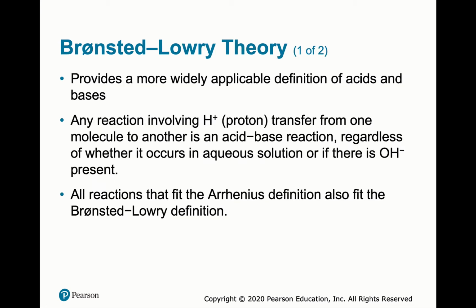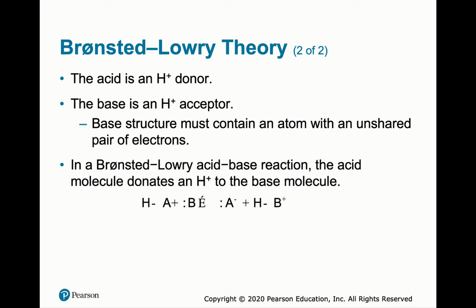So Bronsted-Lowry is a little bit better in terms of theories and description, and it says that there is the proton donor and proton acceptor, the proton donor being acid, the proton acceptor being base. So acid is the donor, base is the acceptor. And looking at the reaction here, HA acid plus base is in equilibrium with the negative anion of the acid and then the hydrogen attached to the base.